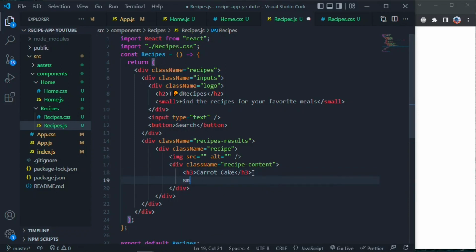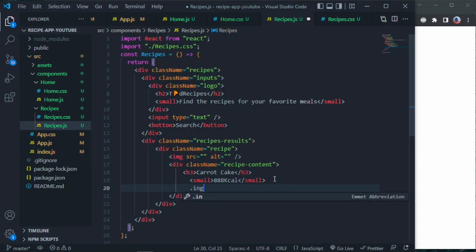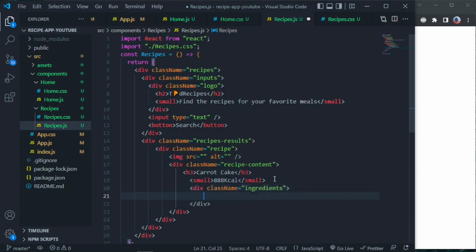And let's have also the ingredients. We make use of a div. We're also going to have a part where we show the nutrition. Okay, so in here we can have something like